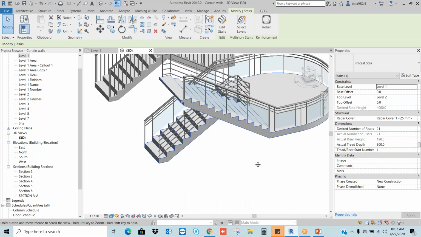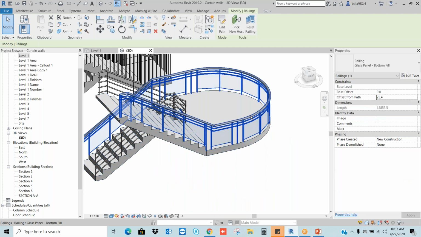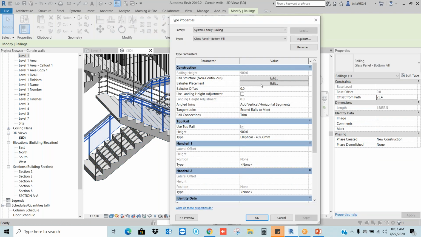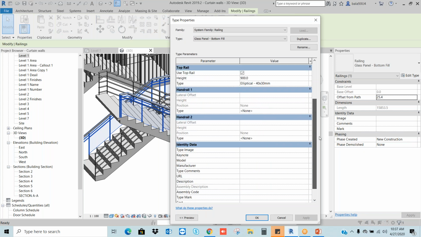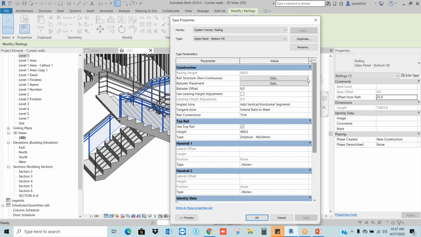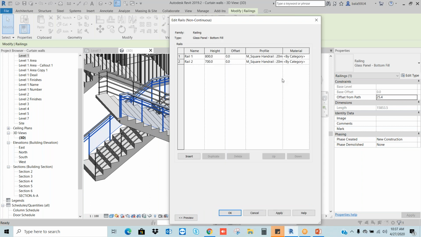If you want to explore more about the railing, just select it and go to Edit Type. In Edit Type, you have a lot of options. See, this is the rail structure. Here we create the different kinds of profiles. For example, we have circular handrail, elliptical handrail, rectangular handrails.